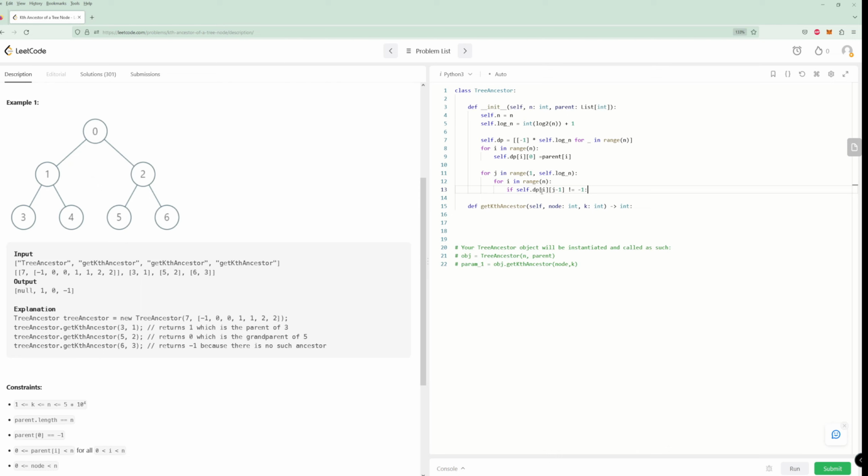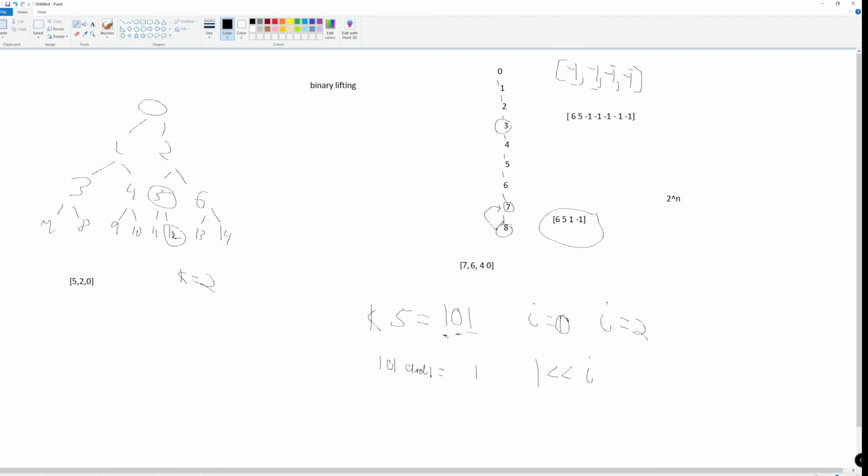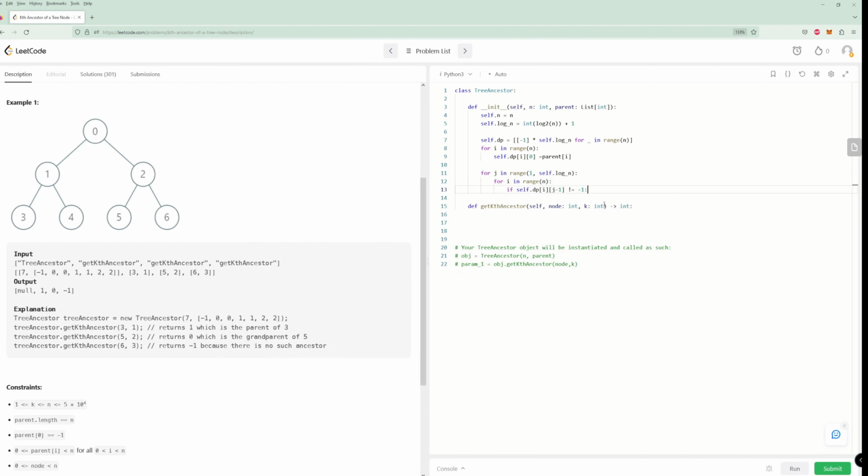This is saying if self.dp[i][j-1] is not equal to -1, meaning this is the node we're at, and this is the previous parent. For example, if we're at this node and parent number 3 is out of bounds, then parent number 4 is going to be out of bounds because it's going to be even higher. So if it's -1, we don't need to do anything because the next parent is going to be out of bounds. And then we're going to need this. It's going to be equal to, we're going to take its parent,